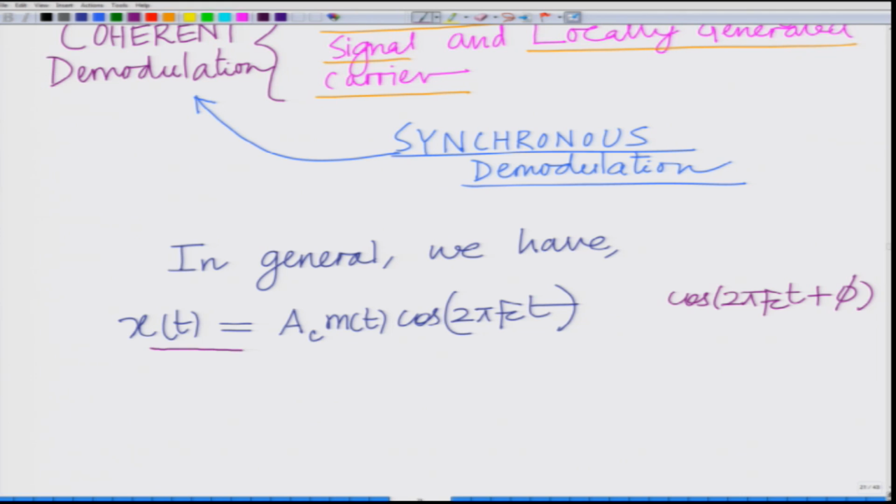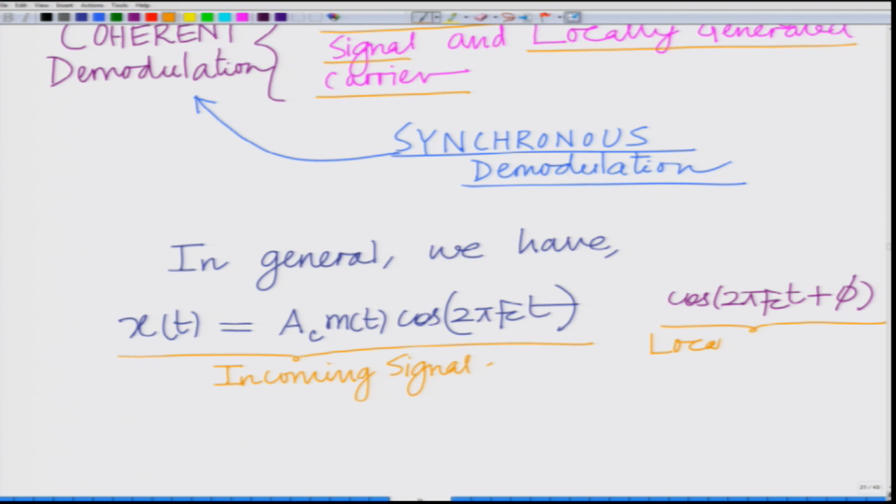So, this is your incoming signal, correct. Once again, this is your incoming signal and this is the locally generated carrier, generated at the receiver,